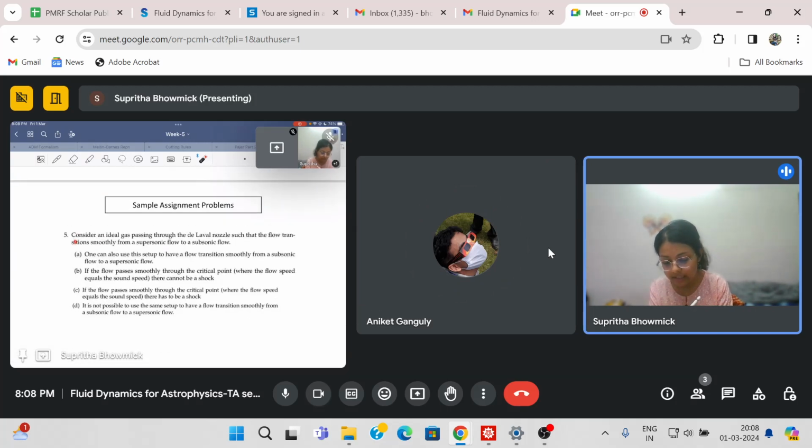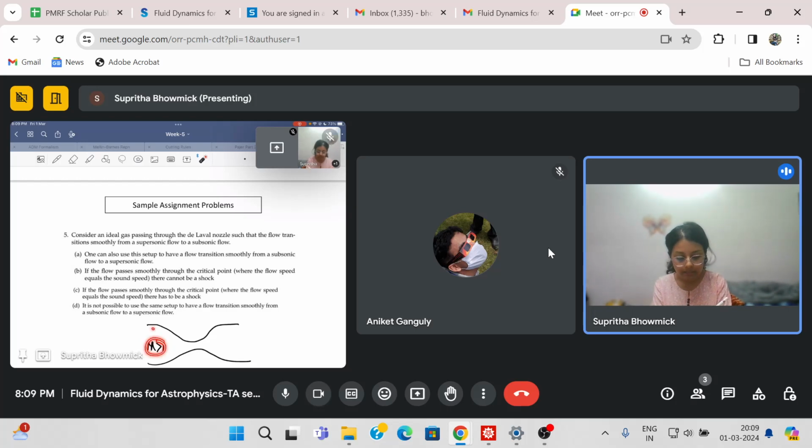Now consider an ideal gas passing through the de Laval nozzle such that the flow transitions smoothly from supersonic to subsonic. One can also use this setup to have a flow transition smoothly from subsonic to supersonic. That's true, just like we started from supersonic to subsonic. To go from supersonic to subsonic, you start with M greater than 1. Similarly, if you start with subsonic,